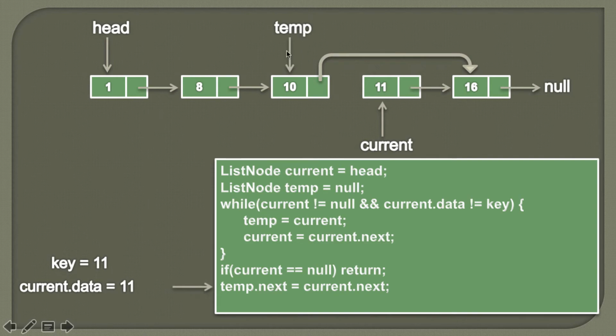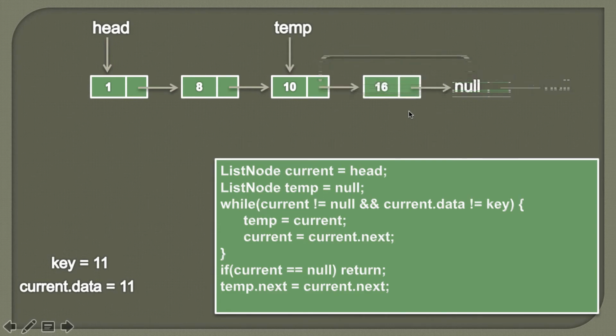So now you can see temp.next points to the current next node, and once this method gets executed, as current is a list node on the stack, it would be garbage collected, and finally when we rearrange the linked list, it would look something like this. So friends, this was the demo of the algorithm. So let's go to Eclipse and see the working code. We'll also see a few of the edge cases there.